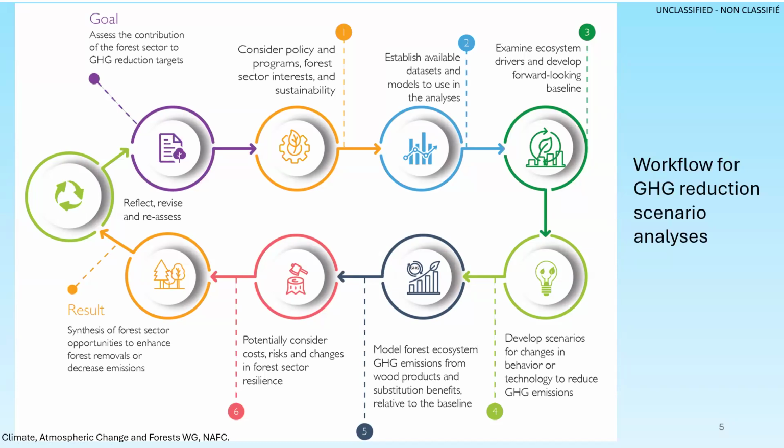Now, I'd like to point out where risk appears in this diagram. So risk is occurring after we have modeled the greenhouse gas emissions. But if the risks are high, then they would come more to the forefront. So they would be considered early on. And I'll describe to you a journey that we've gone through, really improving the way we include wildfire in the carbon modeling. And part of that is really understanding the future risks.